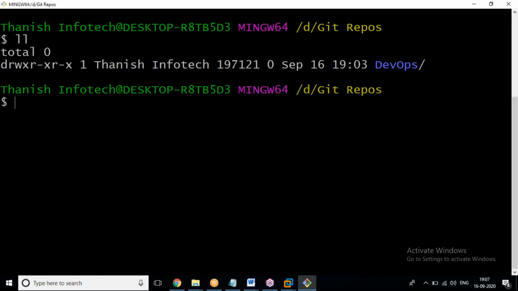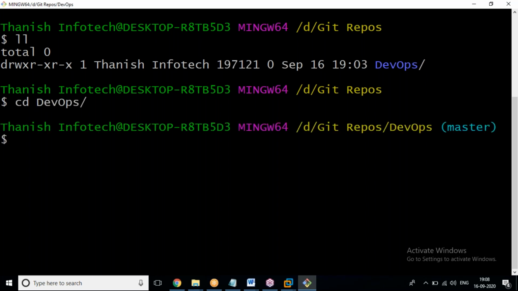What we clone from remote to local is called a repository. But the priority goes to the operating system side. In the operating system, we call it a directory or folder. In the GUI, we call it a folder. In the CLI or command line, we call it a directory. But once you enter into the directory, you should call it a repository.